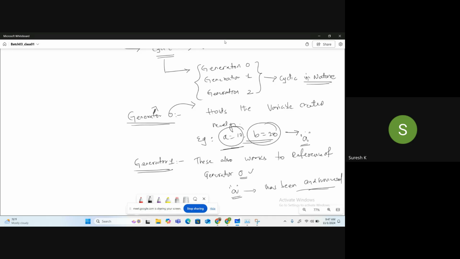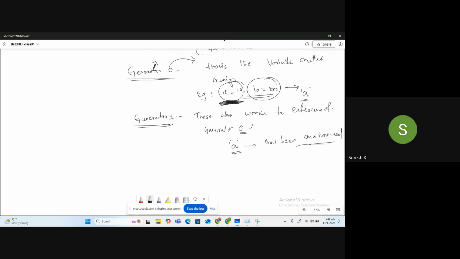In generation 2, it will have the survivors of both. In this example, which element survived in both? A only, right?